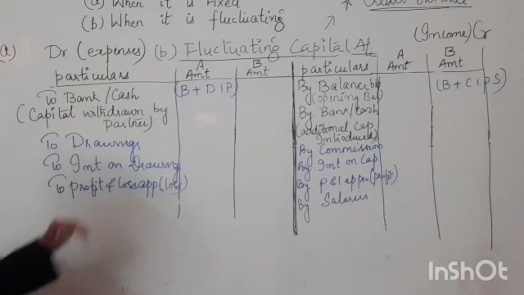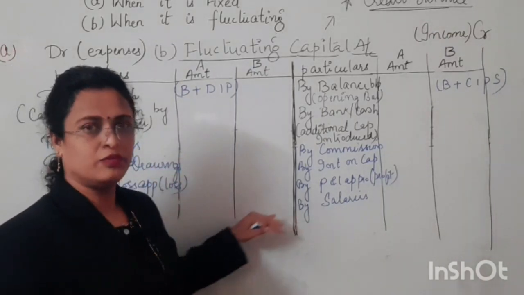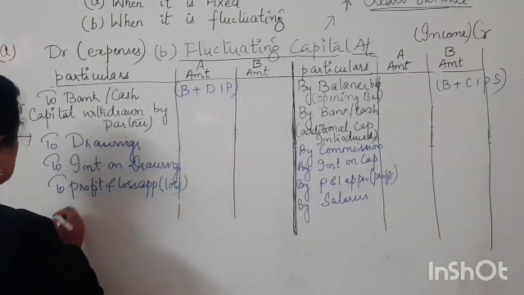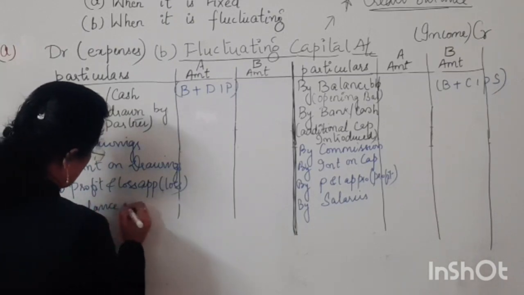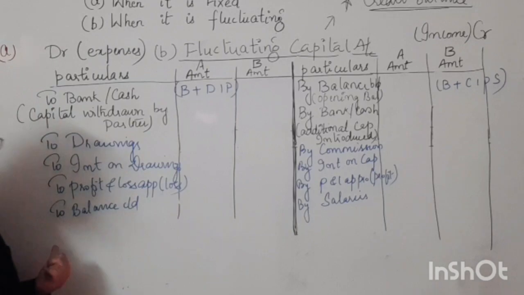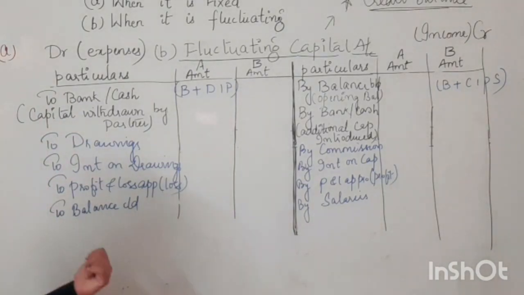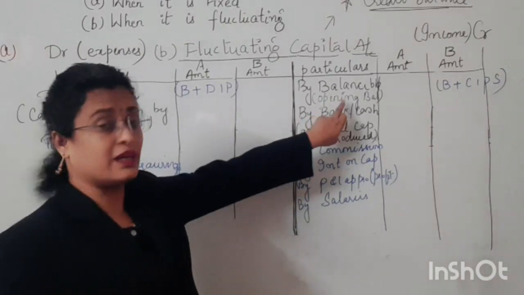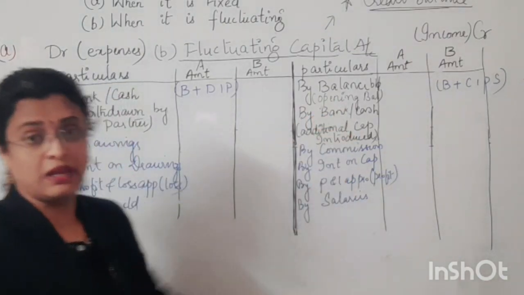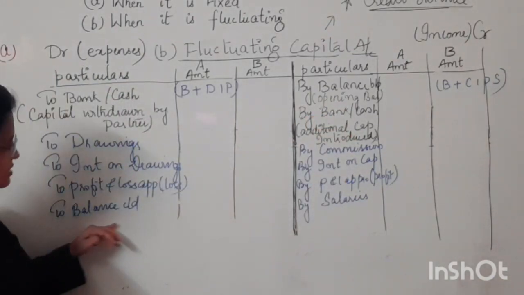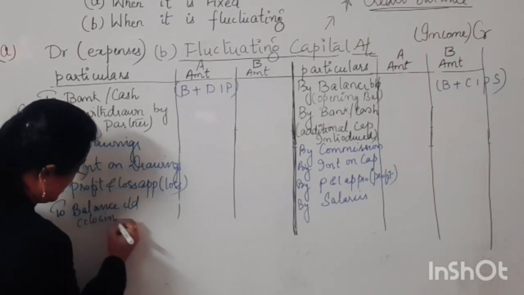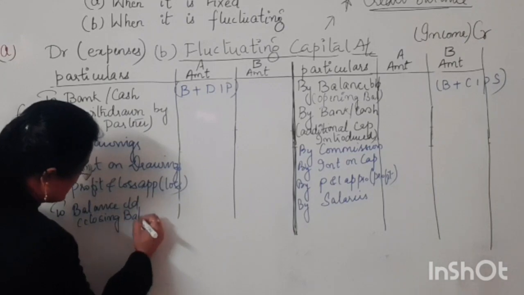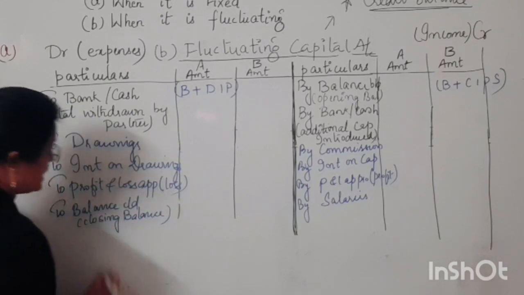Okay, children. So the fluctuating partners capital account, generally, what will it give us? Most of the times you will find it will be giving us a credit balance. Even when you are making a fluctuating partners capital account, the reason is that we are starting with the initial capital invested over there. Okay, so just after this, balance carried down stands for what? Your balancing figure or the closing balance which is remaining at the end.